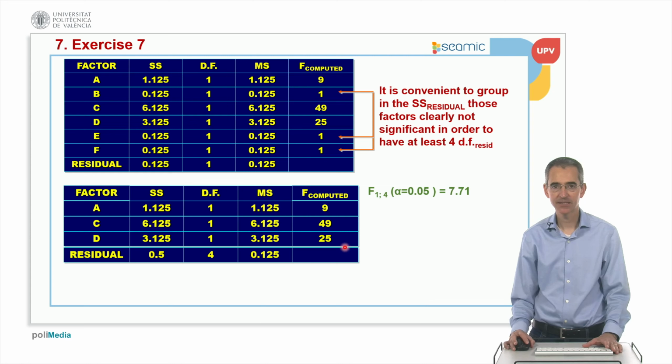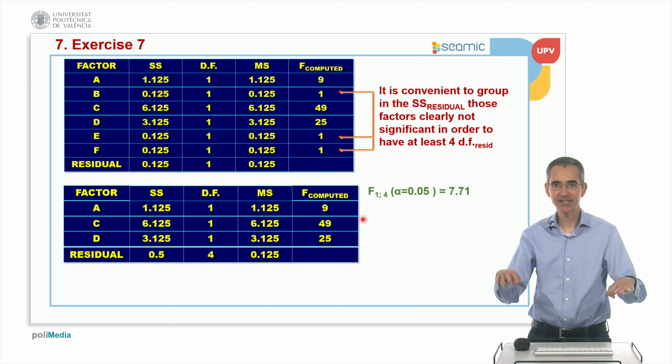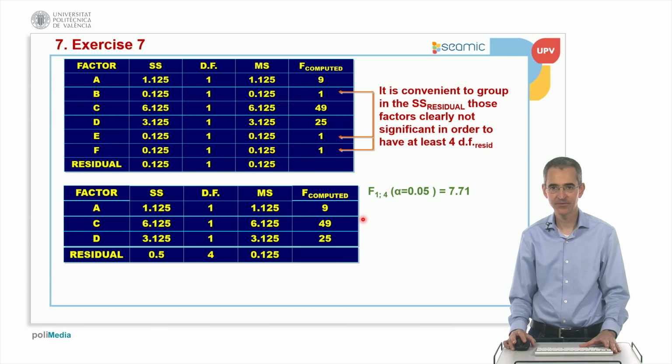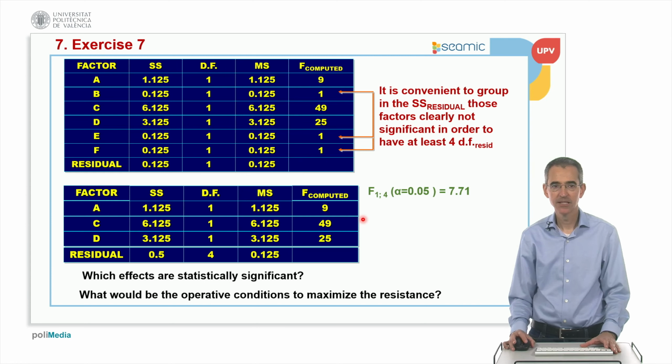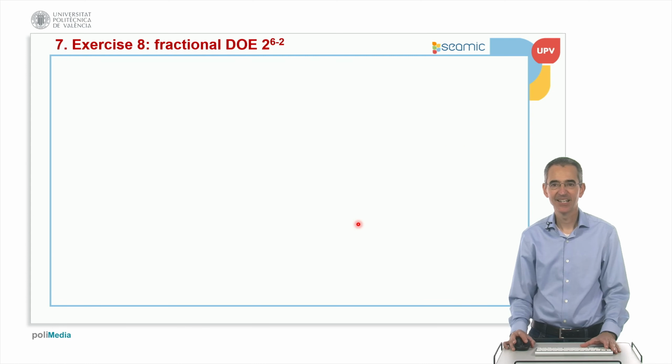It means that for these 3 factors, working at a lower level or working at the higher level is significantly different. It means that the average is different at the population level. Okay, so we have these 3 simple effects which are significant. So what would be the optimum operative conditions to maximize the resistance? Well,